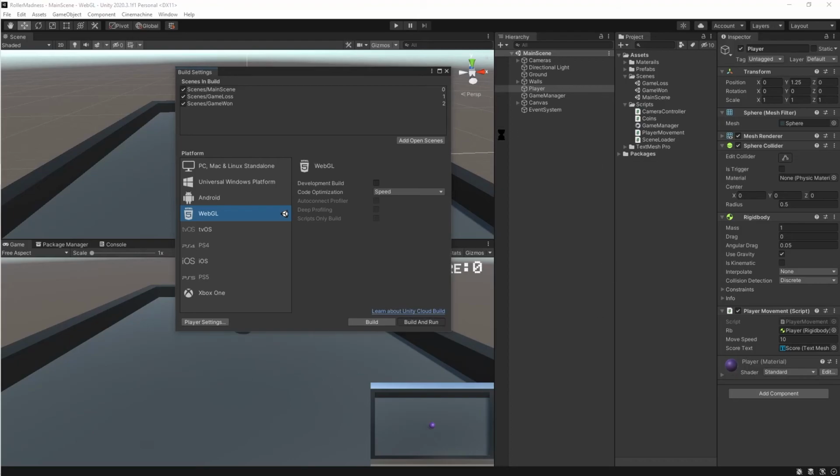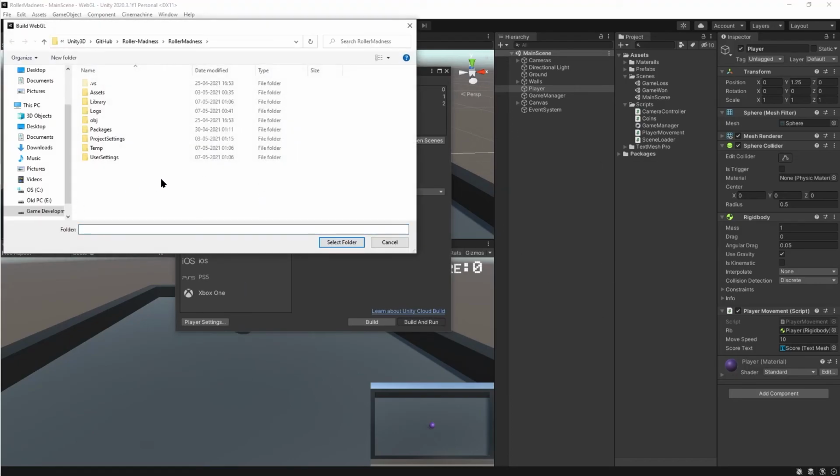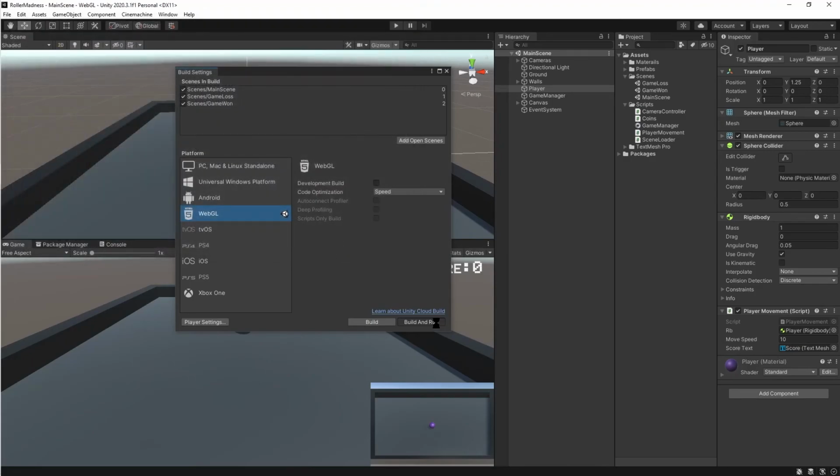I'll click on Build and Run, create a new folder for this called Builds, select folder, and it will build.